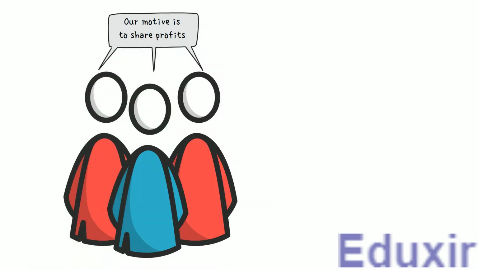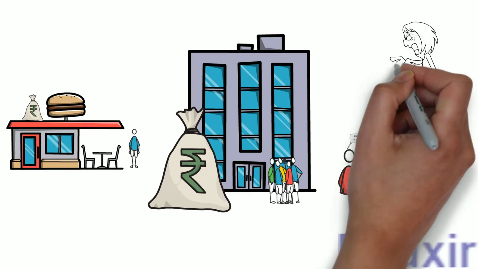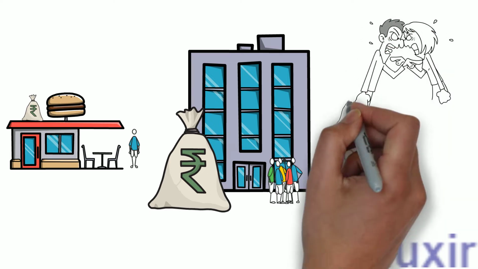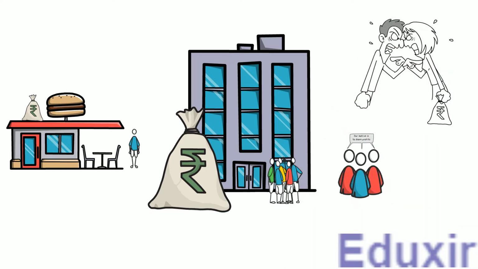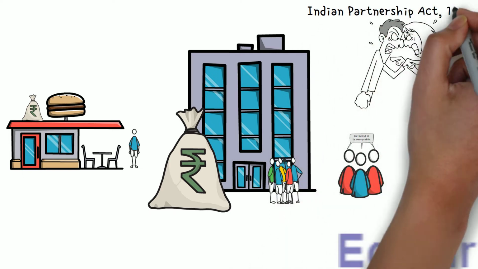Usually, when two persons are doing business, it is common that there will be some sort of disagreement or dispute among the partners. This could be majorly when it is time to distribute the profits among the partners. One partner might say that it needs to be a bigger share, and the other might be concerned about the less share allocated to him. To resolve this situation or to settle their dispute, we have the Indian Partnership Act 1932 and apply it.